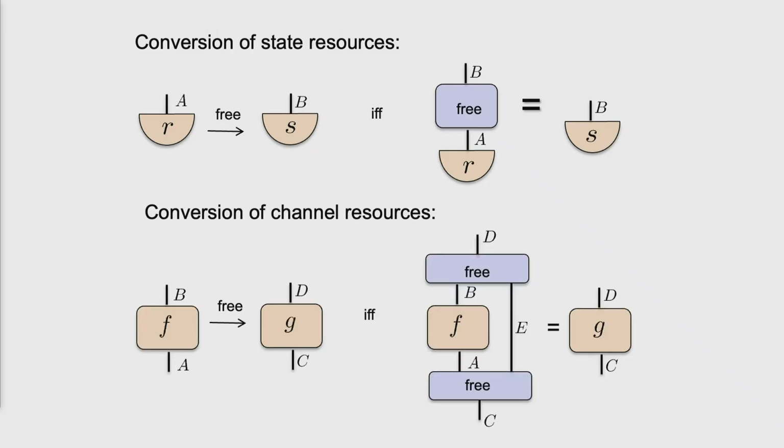Can this free channel go to this free channel? Well, what is the type of processing that will take a channel to a channel? Answer: it's a pre-processing with the possibility of a side channel. Here, the input C has to match the target input. The outputs have to be the input to F and the side thing, and then a final processing back to D. So if I can find a set of free operations that allow me to do this, then F goes to G by free operations.